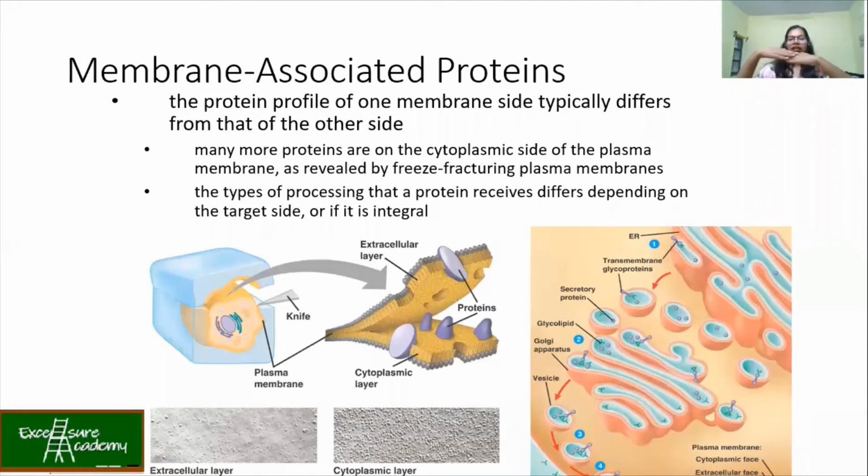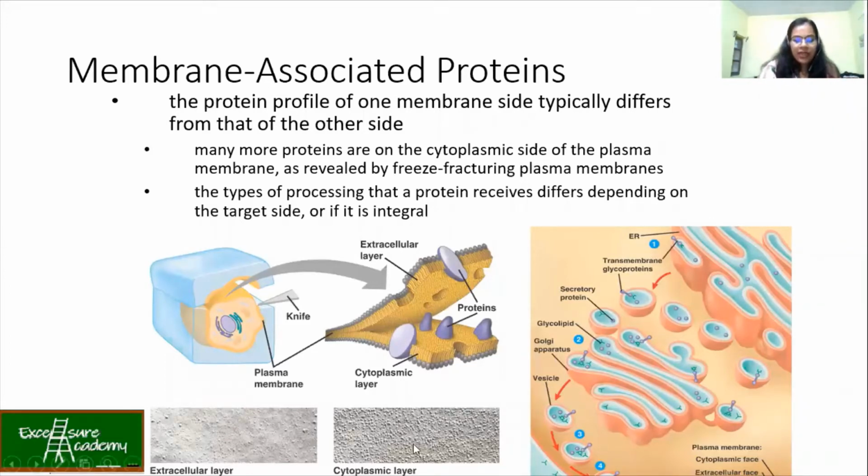Now this region, when you see with the help of the electron microscope, is going to differ from this region, the inner. So when they saw this view, they saw that the extracellular layer looks like this, where you can see small dots. Those are nothing but your glycoproteins, which are acting as receptors.